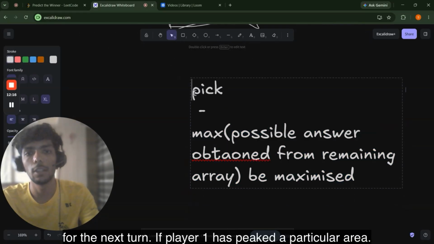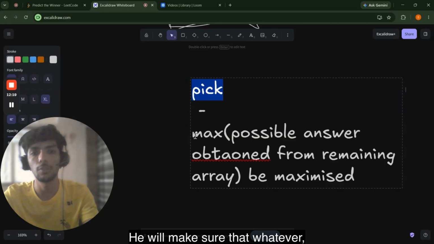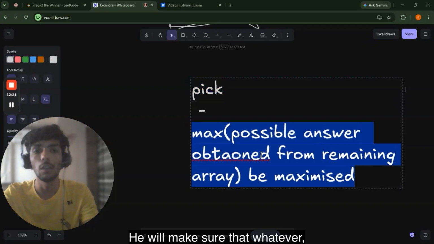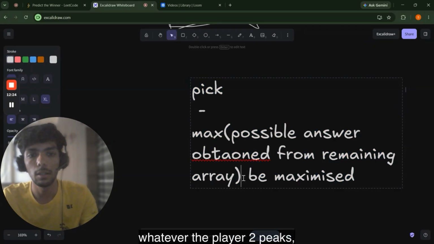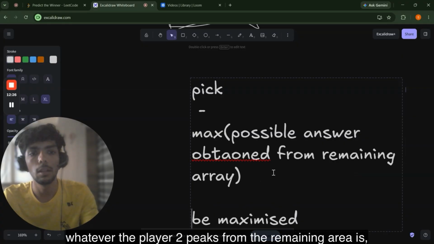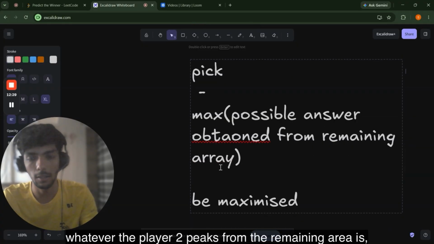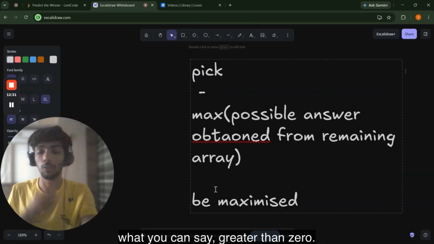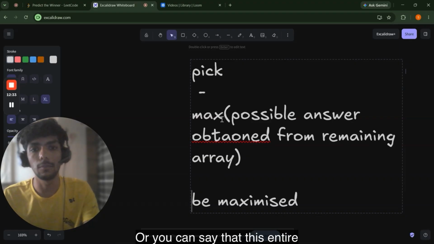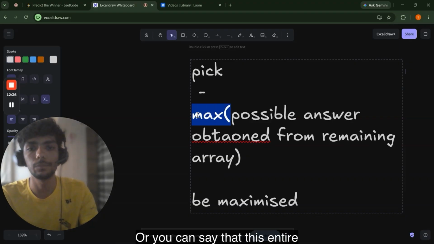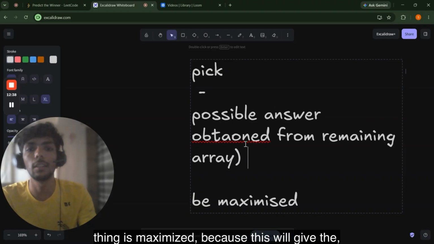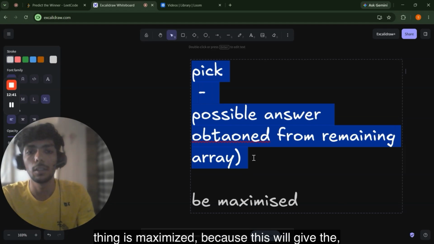If player 1 has picked a particular element, he will make sure that whatever player 2 picks from the remaining array is, what you can say, greater than 0, or you can say that this entire thing is maximized, because this will give the